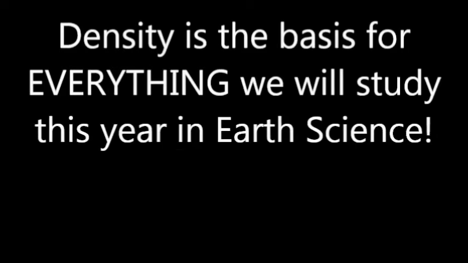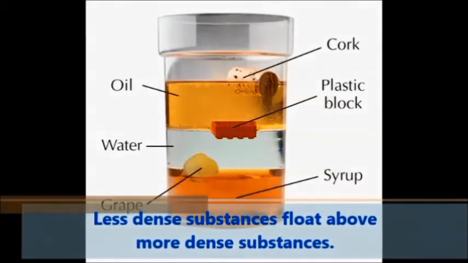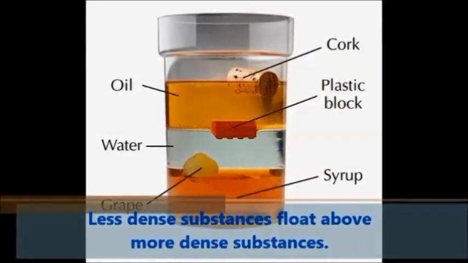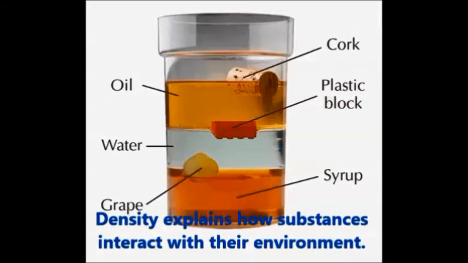This week's topic is density, and this is the most important topic we'll have this year because density is the basis for everything we will study in earth science this year. The basic idea is that less dense substances float above more dense substances, and we can see in this diagram that the heaviest substances are on the bottom and the lighter substances go up, and density explains how substances interact